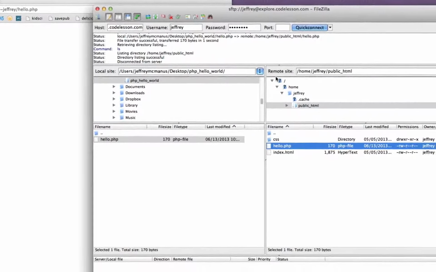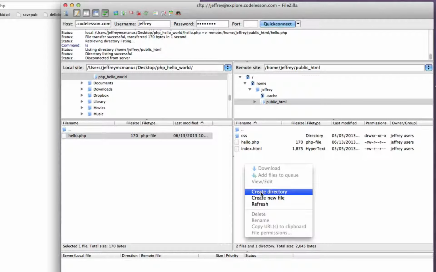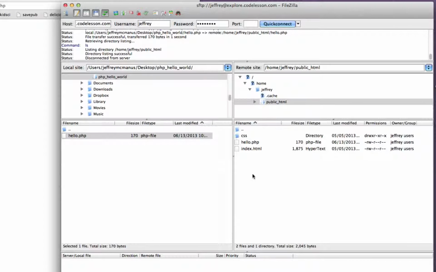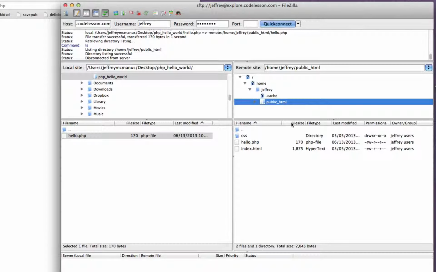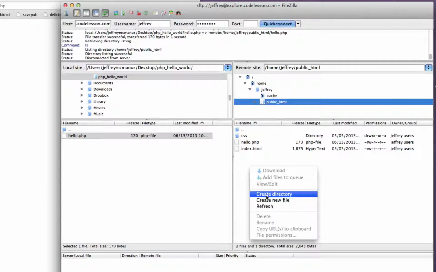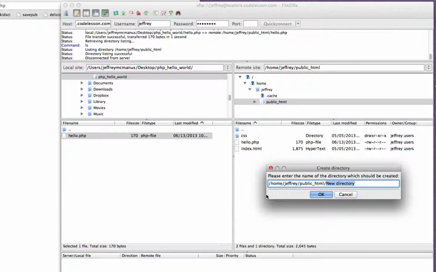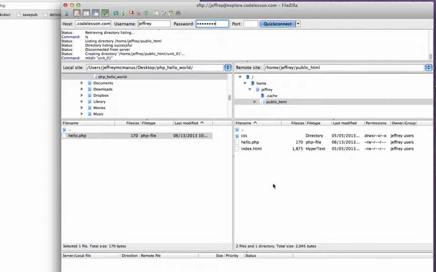I'll go back to FileZilla here so you can see what this looks like. And what some people do, and I did this by right-clicking on my public HTML directory, you can see that I'm in public HTML right now. People sometimes want to say, okay, I'm going to create a subdirectory in here, and I'm going to call it unit_01. I say 01 instead of just 1 so that it will sort properly in a list. You want 01 to sort before 12 or something like that, right? And you have the ability to create these subdirectories, and then once the subdirectory is created, you can